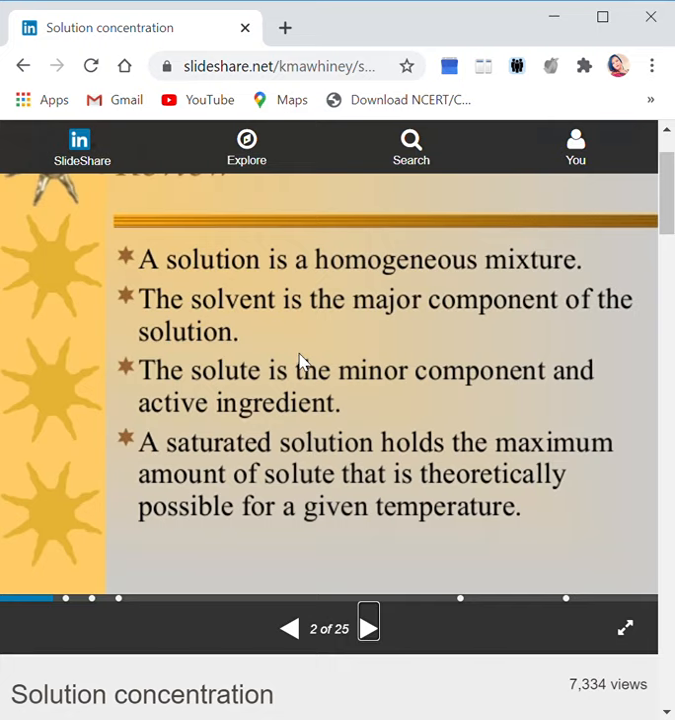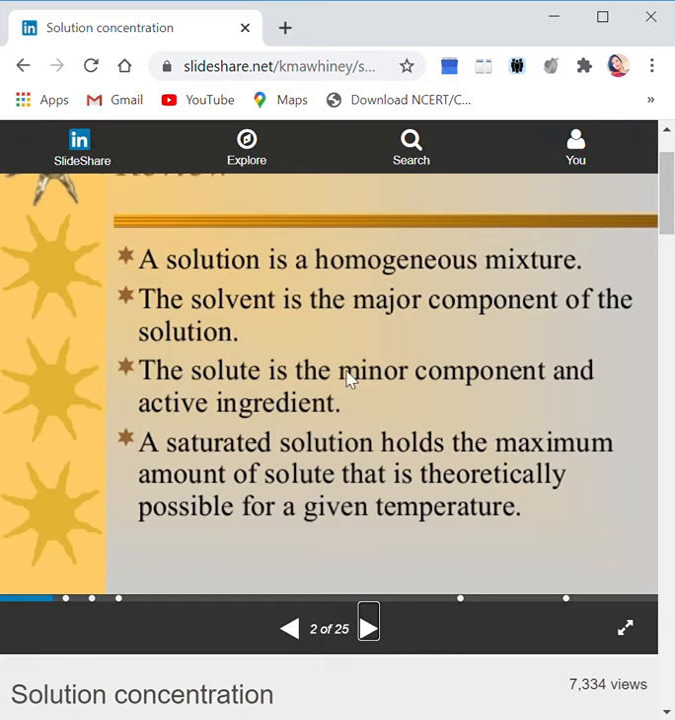For example, let me tell you, if I ask you to dissolve 1 spoon of salt in a glass of water, you will put it and it will easily get dissolved. But then if I ask you to dissolve 2 spoons of salt in a glass of water, you can do that also, because 2 spoons of salt will easily dissolve in water. But if I ask you to put 4 or